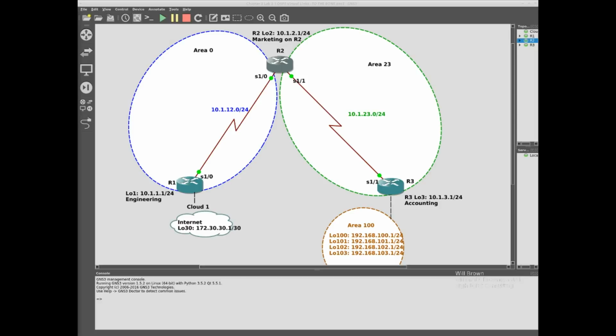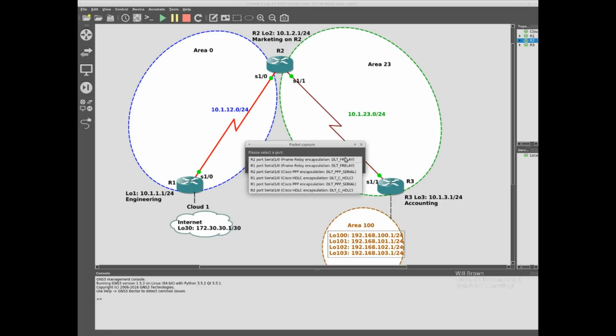We're going to create an OSPF virtual link, do some summarization with area 100 on those loopback interfaces, and generate a default route in OSPF. We're also going to use Wireshark, and I think I'll go ahead and start it right now, because we want to see the OSPF messages and how those messages flow.